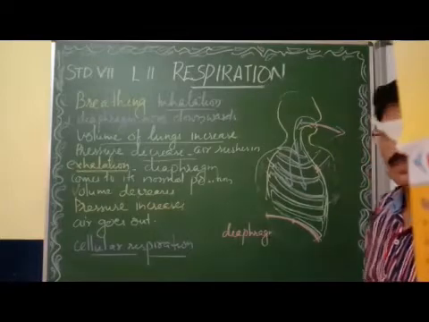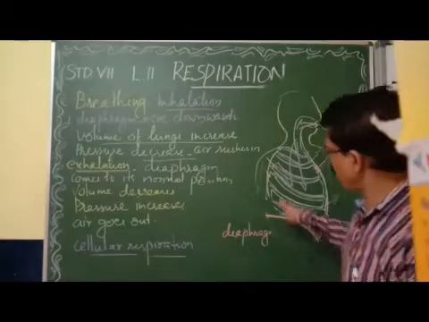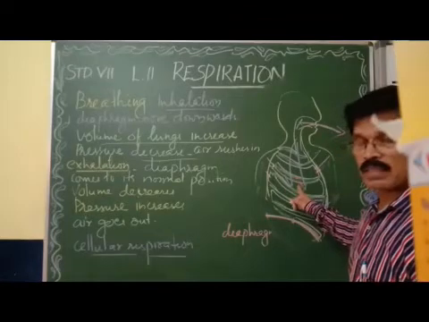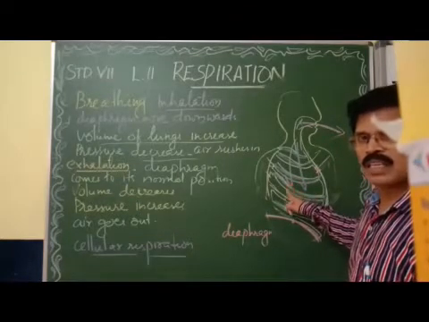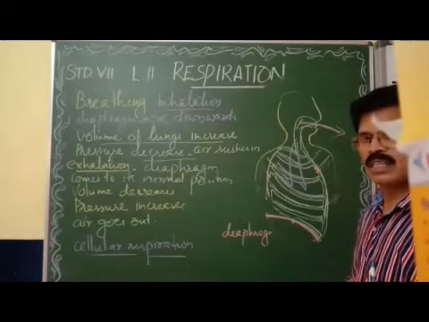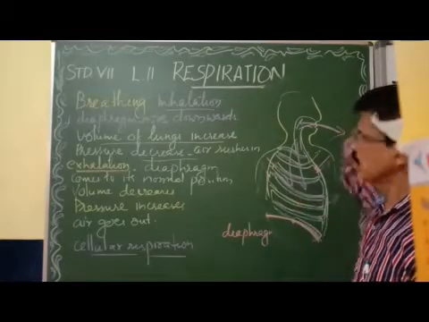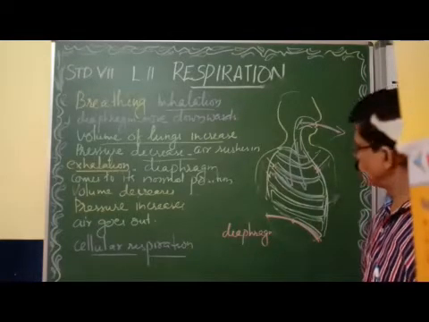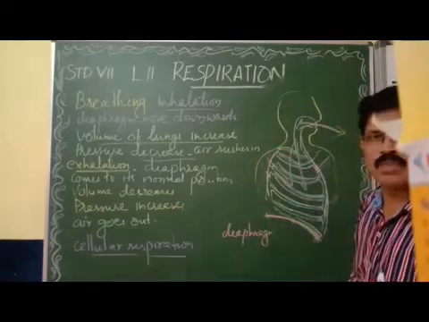This is called exhalation. So how does exhalation happen? During exhalation, the diaphragm and the ribs move to the normal position. The space inside the chest cavity decreases. When the space decreases, volume also decreases. Volume decreases, air pressure increases. You got it? As a result, the air rushes out. This is called exhalation. So inhalation and exhalation are due to the movement of the diaphragm and the rib muscles.